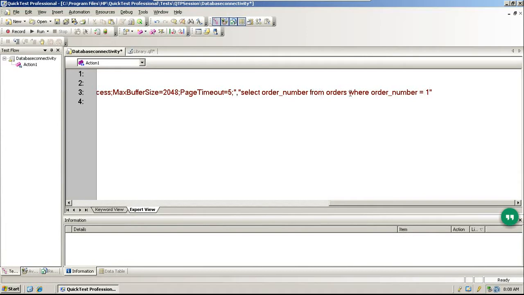Select order number from orders where order number is equal to 1, is it in quotes? I think single quotes. Some databases take single quotes, some take double quotes here. So, okay, single quote.